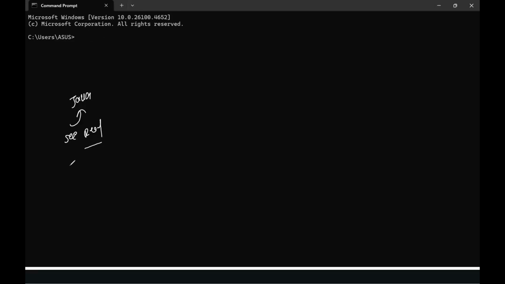We can read it, so this is nothing but human readable language. But the machine, the server, will only understand binary level language, nothing but zeros and ones. So converting the human readable language into the machine understandable language is called build.